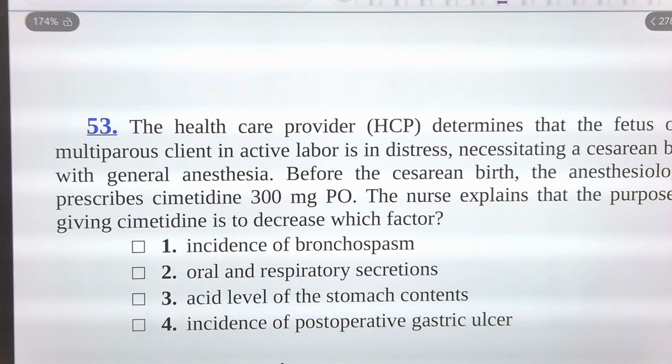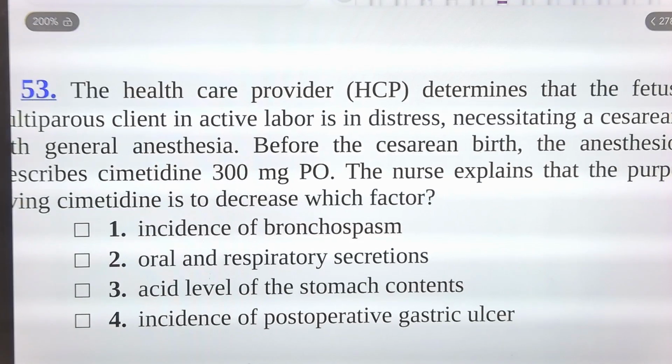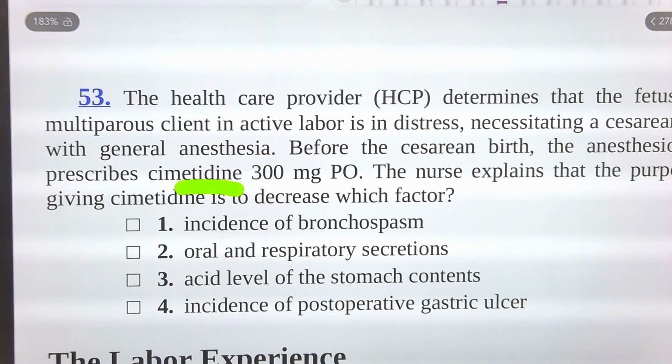The HCP determines that the fetus of a multiparous client in active labor is in distress, stating a cesarean birth with general anesthesia. Before the cesarean birth, the anesthesiologist prescribed cimetidine 300 mg per oral. The nurse explained that the purpose of giving cimetidine is to decrease which factor? So you have four options. What can be the right answer? Why do we use cimetidine? So the answer number 3 will be the correct one, to decrease the acid level of